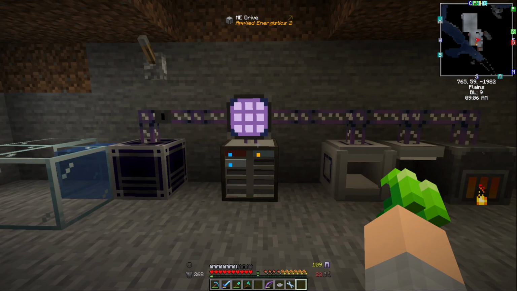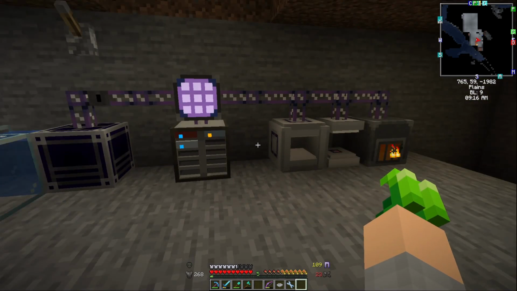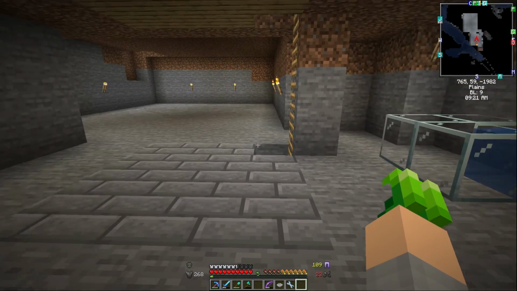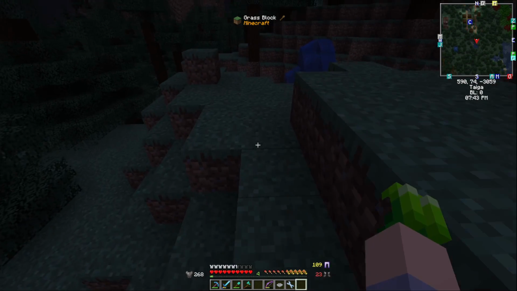So to get started, the first thing you need is some Certus quartz, and you can find that in the world very easily. Any cave you go into, you're going to find it. And let's just go do that quickly. Find some Certus quartz. All we need is a hole in the ground,